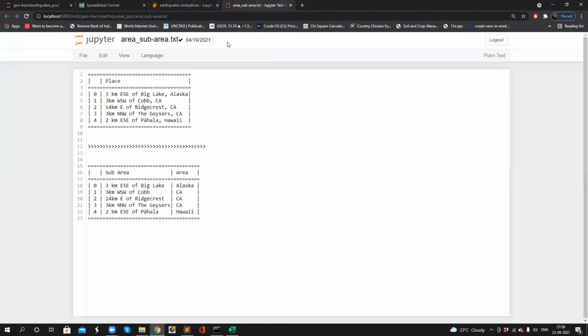So the question is, how can we separate? If we have something similar to this, we have a place name which has some value, and we have the sub area name and main area name. We can see in between we have comma and space. The question now is how to separate this into two columns. As usual, we want it like this, but for solving this problem, we can use a for loop. We can iterate over each value, check for comma and space, and based on that we can split.